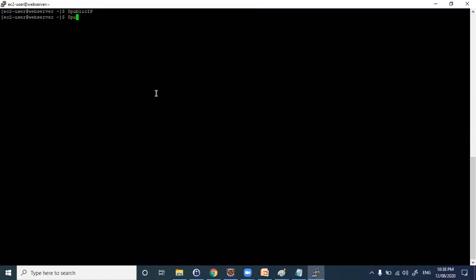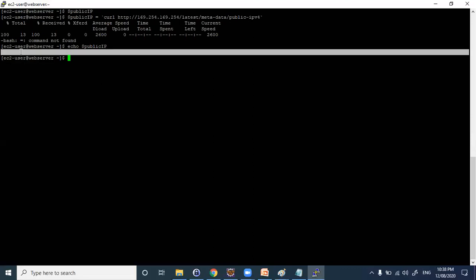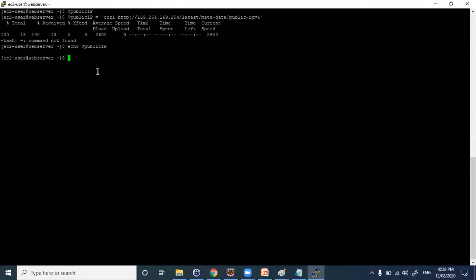Yeah, I guess you need to keep public IP equal to, then start this command. Let's check. Is it not printing? Why is it giving a gap? Yeah. So this is the way only.